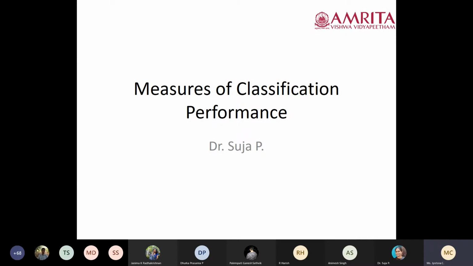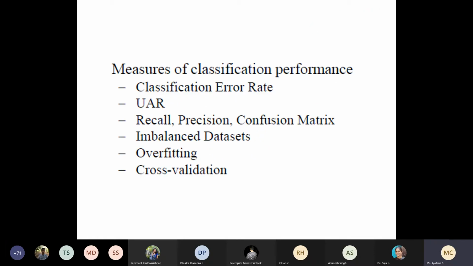Okay. So today we will start with the measures of classification performance. It is a continuation of the previous topic. We had discussed the gradient, then regularization, all those things. Next we will discuss the measures of classification performance. That means when we do any classification, whether the classification is correct or not, and based on the classification, how you determine its accuracy. Some of the measures we will also be learning.